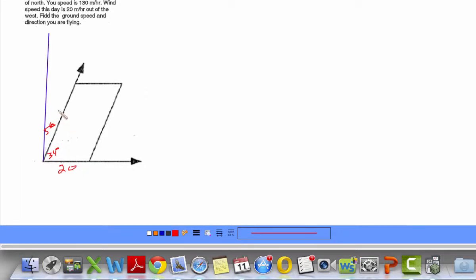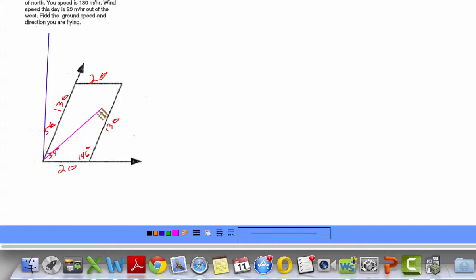So this is 20. We are going 130. Now remember back to when we did these vector problems, these wind problems, we make a parallelogram here. So this is 130 and this is 20, and then when we have a parallelogram, if that's 34, this is going to be 146. And that's going to be our key, because if you paid attention when we did the law of cosines a moment ago, when I go ahead and draw in this resultant vector